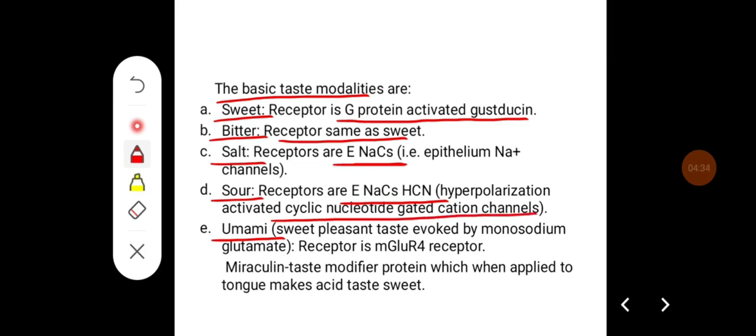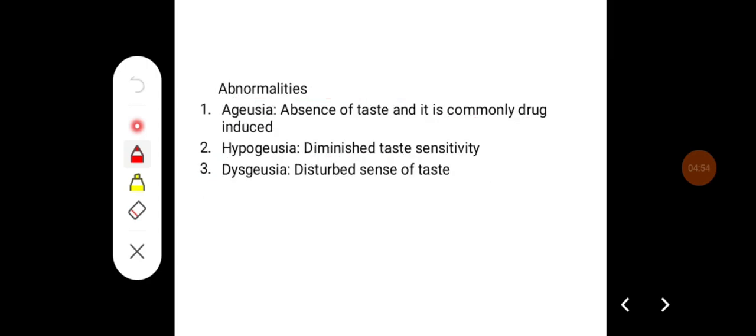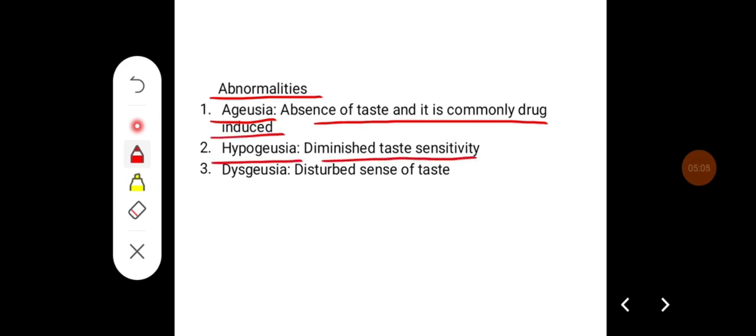Umami is a sweet, pleasant taste evoked by monosodium glutamate, and the receptor for umami taste is the mGluR4 receptor. Miraculin is a taste modifier protein which, when applied to the tongue, makes acid taste sweet. Some of the abnormalities related to taste sensation are ageusia, that is absence of taste, which is commonly drug induced. Hypogeusia is diminished taste sensitivity, and dysgeusia is disturbed